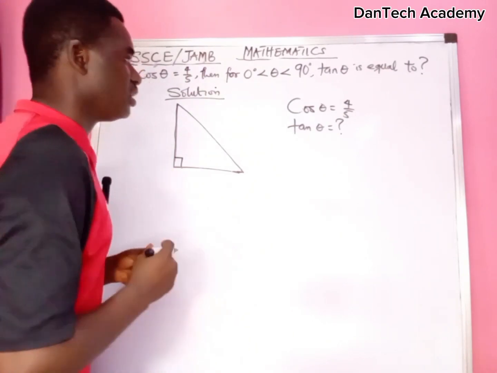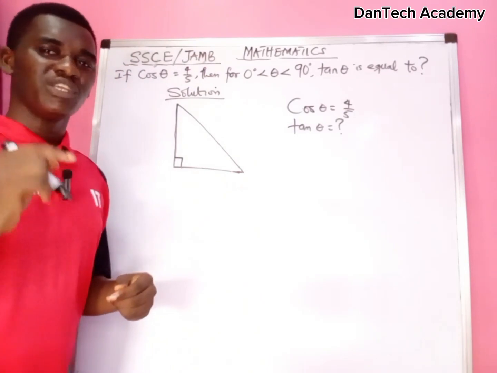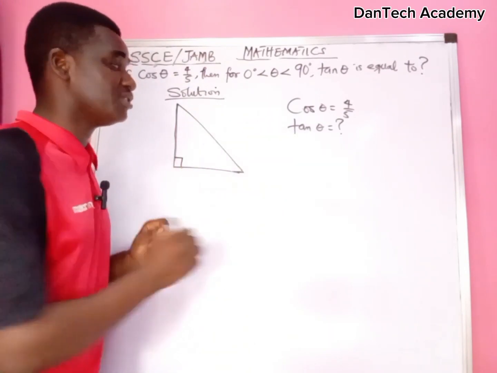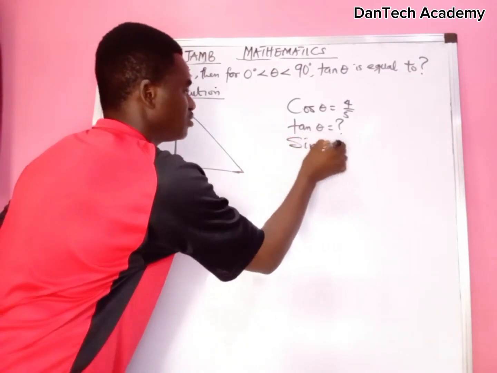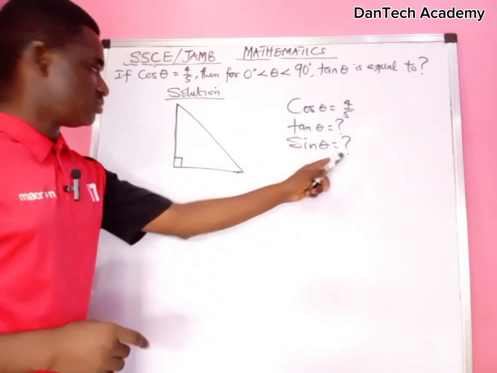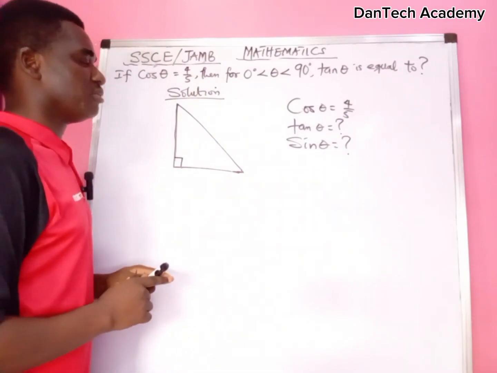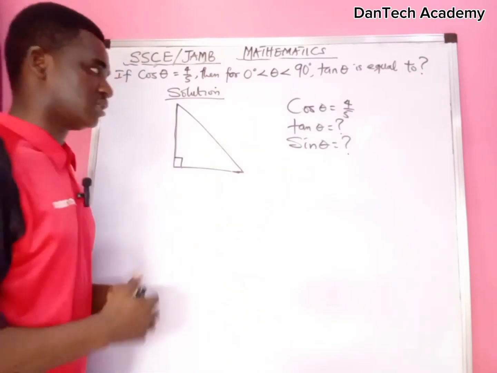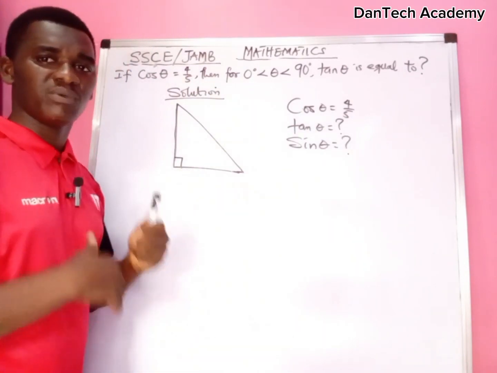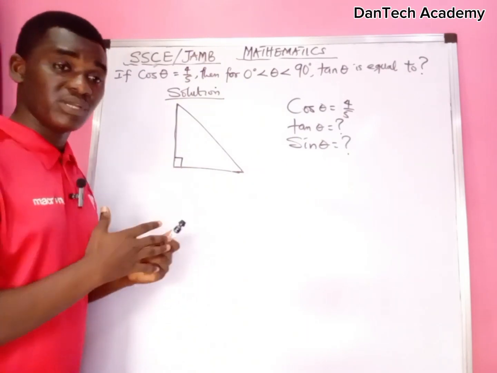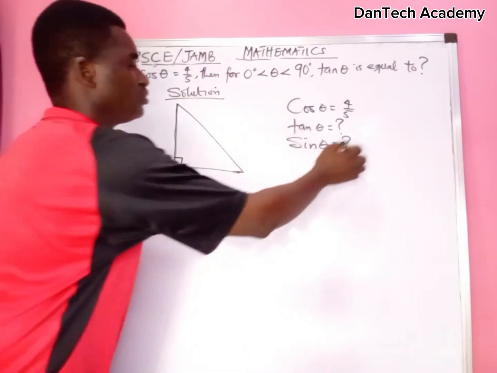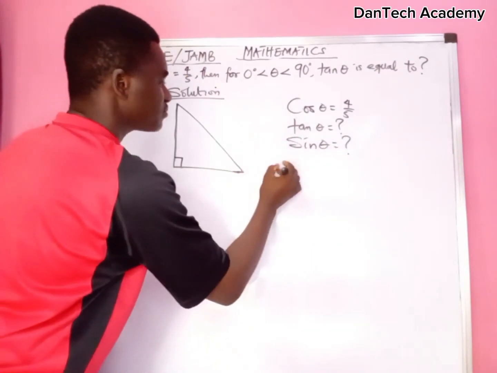So what I do here now is to see that we need to get the third one that is missing here, which is what? Sine theta. We need to know what sine theta is. Until we find this one, we cannot proceed to this. So how are we able to find sine theta so that we can proceed to the one we are exactly asked to look for? In doing that now, you should also understand that